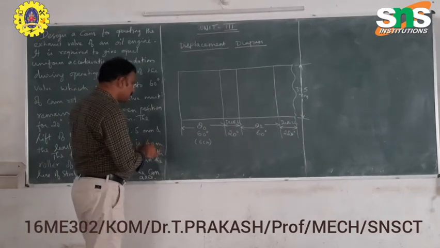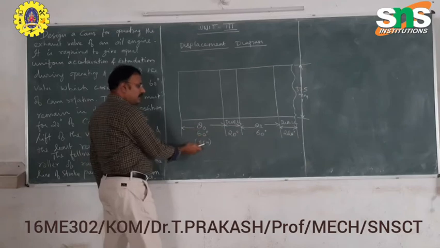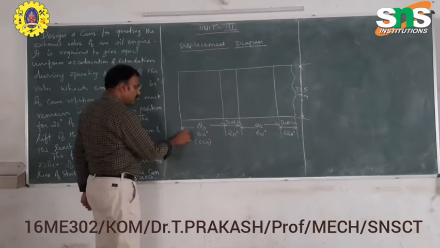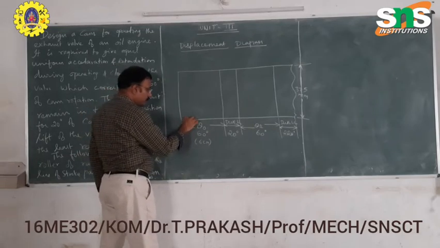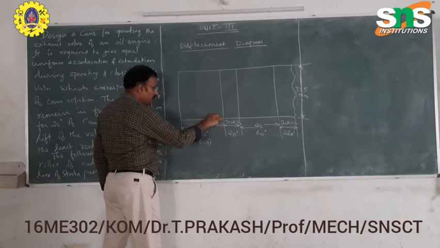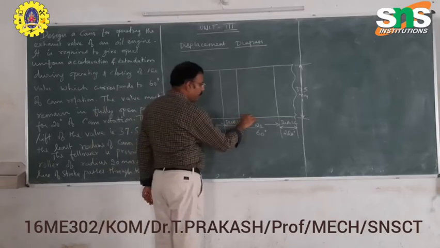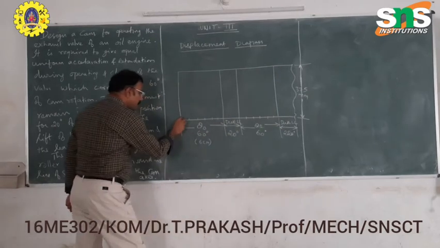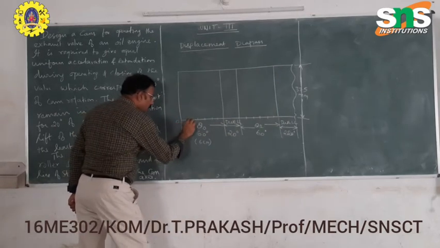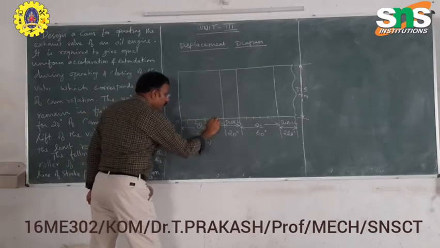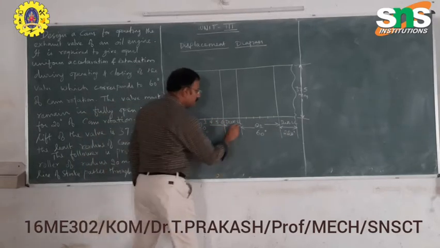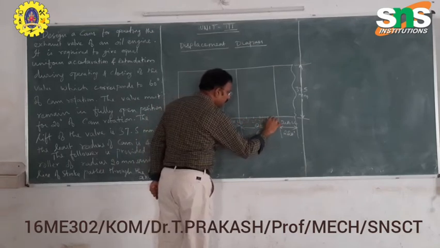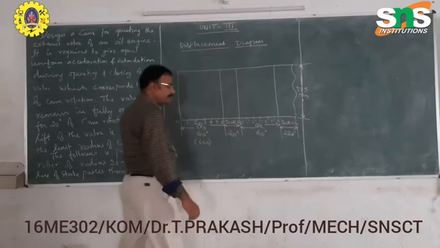Next, you have to split the outward stroke of 60 degrees into 6 equal parts and the return stroke of 60 degrees into 6 equal parts, 1 centimeter each. 1, 2, 3, 4, 5, 6. Then again 1, 2, 3, 4, 5, 6. And mark the points: 0, 1, 2, 3, 4, 5, 6, then 0 dash, 1 dash, 2 dash, 3 dash, 4 dash, 5 dash and 6 dash.